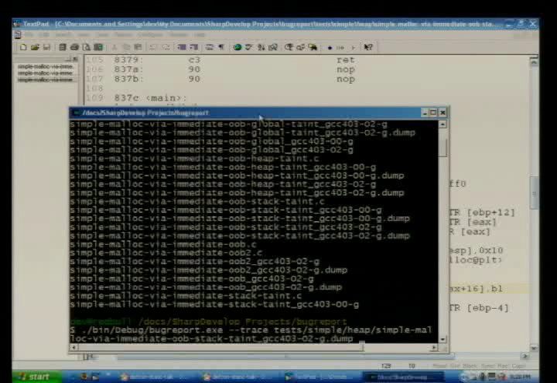Yep. So for anyone who saw the XP talk, the extreme programming talk that we did yesterday, this is the simplest thing that could possibly work, and this is all about the analysis part as opposed to boring PE and ELF bullshit. So that's why we use objdump to do this. We're not cheating. It's not difficult. It's a solved problem 100 times over. Therefore, it's not worth talking about or focusing on. So yeah, that .dump file is basically an objdump output for that particular binary, and all these tests are, by the way, on the SourceForge project, so you can just run these or look at them or whatever. So if you want to hit enter,